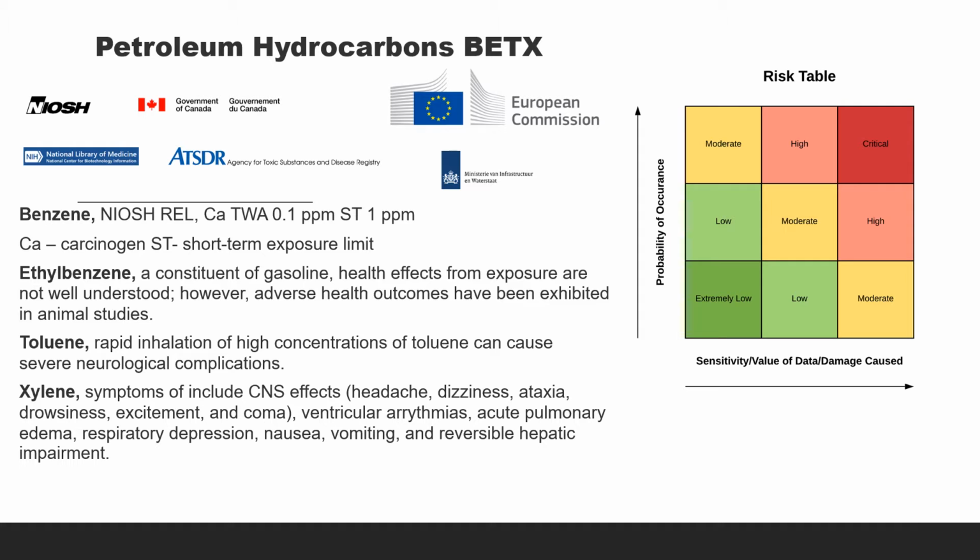Now, the petroleum hydrocarbons, or the BTEXs, are just one example, and the information that we find on this can really come from two different places. It's compiled by various governments, the government of Canada, the Netherlands, and the European Commission all compile data regarding exposure to different chemicals. But it can also be broken out into workplace exposures, where people get exposed to these chemicals in 8-hour days over a 5-day work week, and then the long-term exposures that are associated with people that are inhabiting places where those exposures can come about.